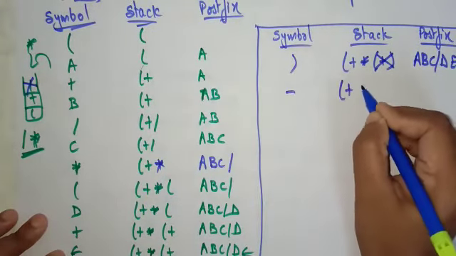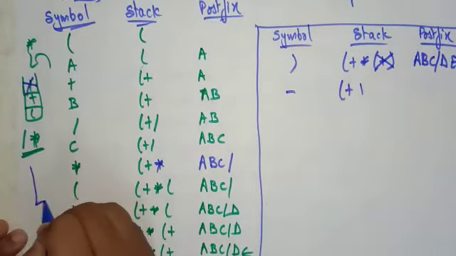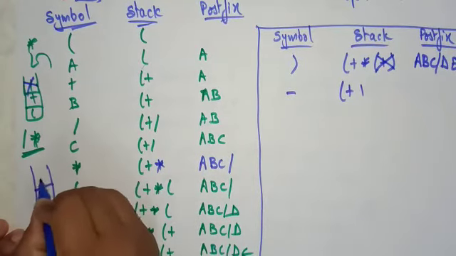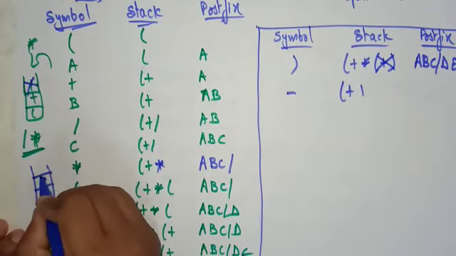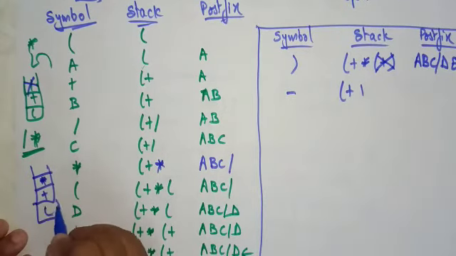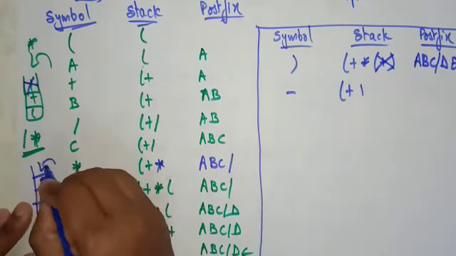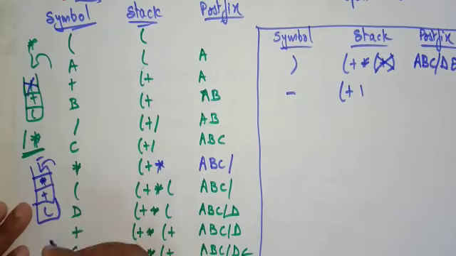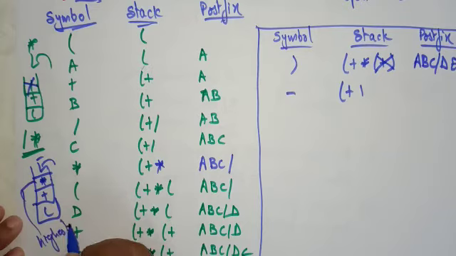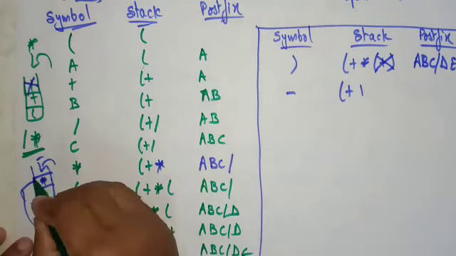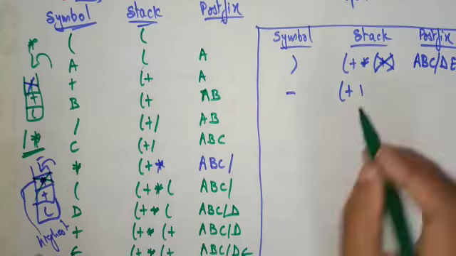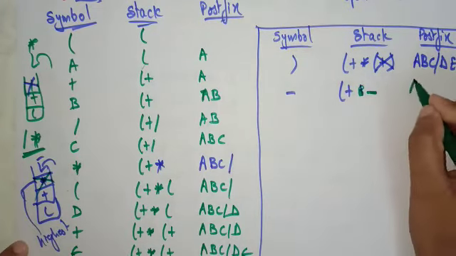So now next is minus. Remember this: on the top of the stack now we have plus, star. Now I want to place minus here. Is it possible? Star is the highest priority and minus is the lowest priority. The highest priority cannot tolerate the lowest priority coming after it. In that case, you need to pop the star. So pop the star and place minus here.